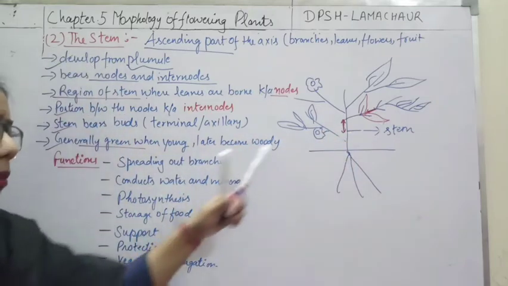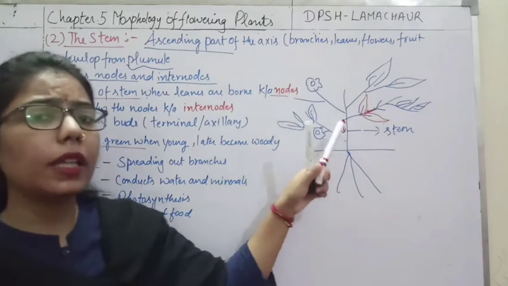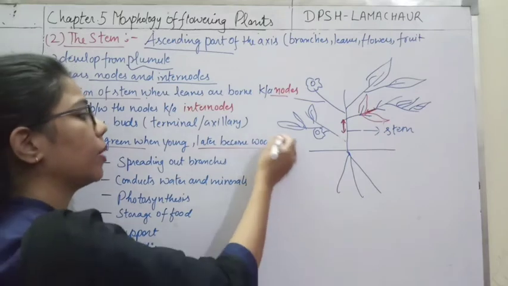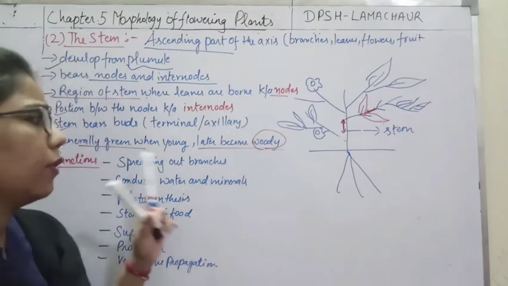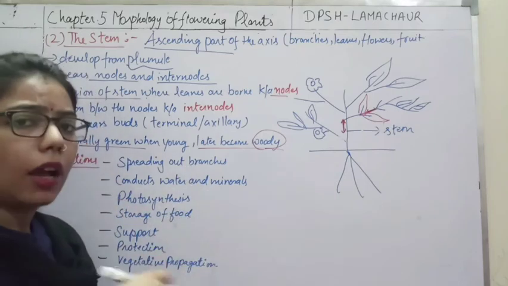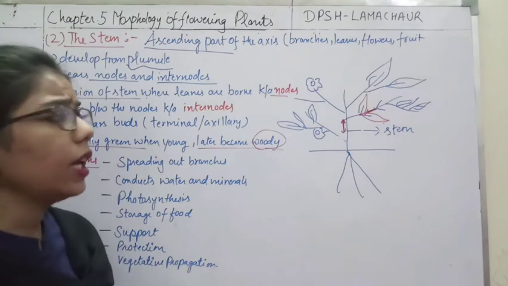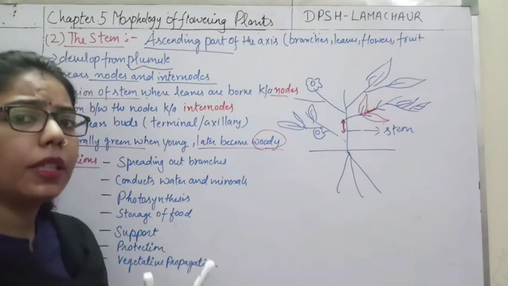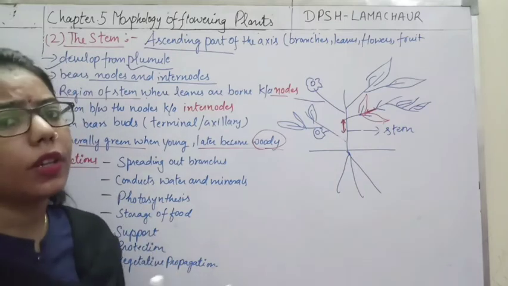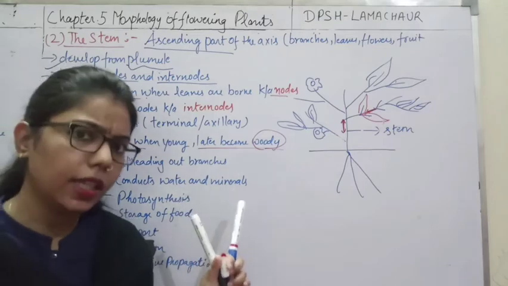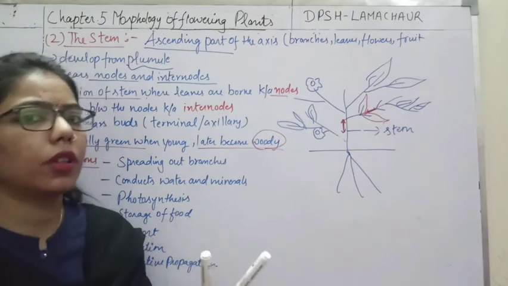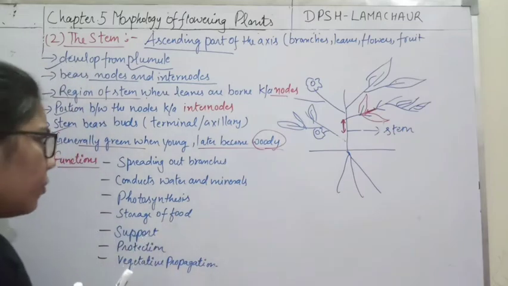Generally you can see that stems are green when they are young, but as they mature, they become brownish, or woody. Clear? And we know that there are different crops like annual, which takes only one season, after that it will die, and biennial, which takes 2 seasons or 2 years, and perennial means they can live for several years, for example forest trees. In forestry, you have seen that the stem structure becomes woody due to secondary growth. Clear?